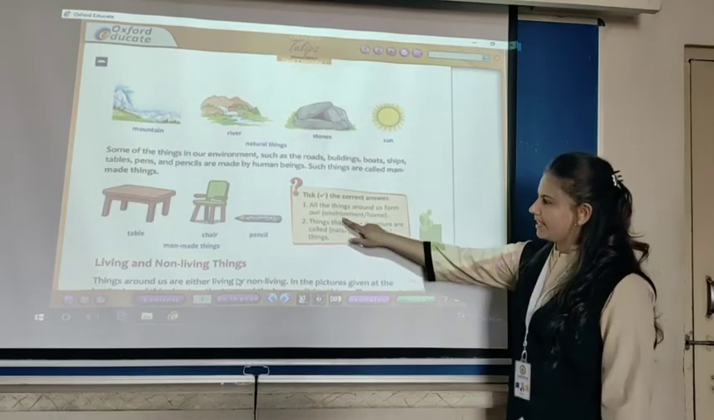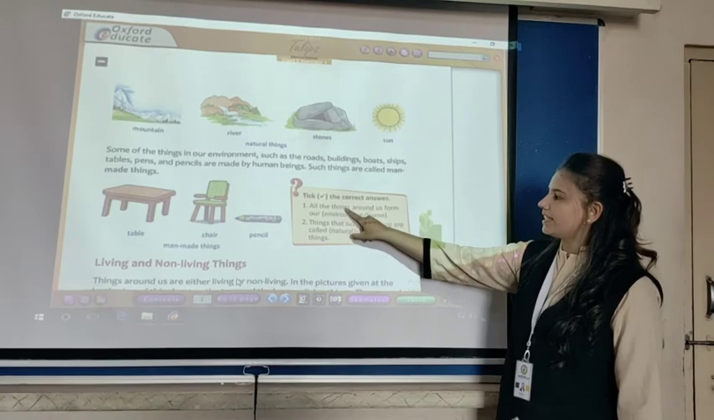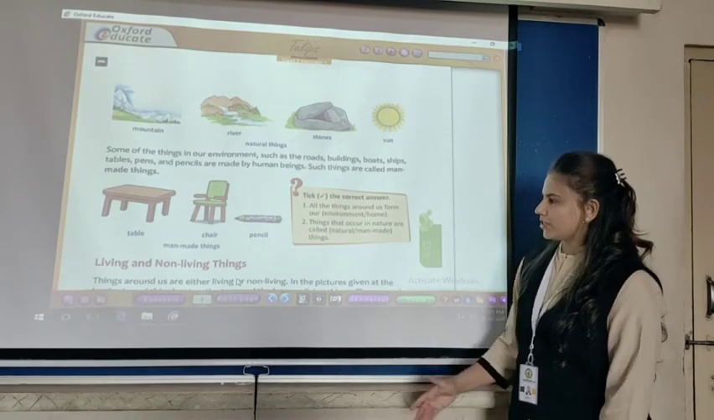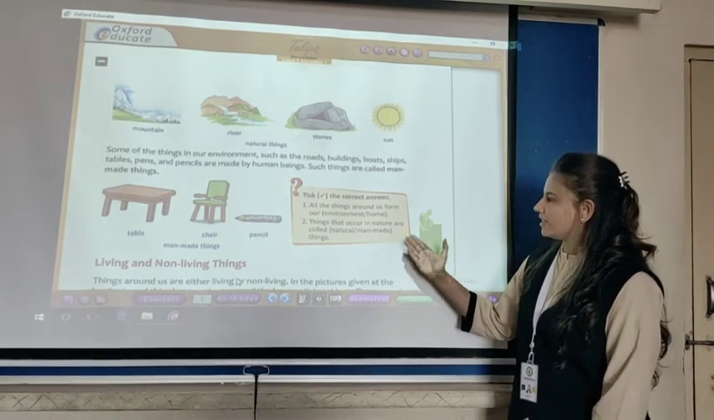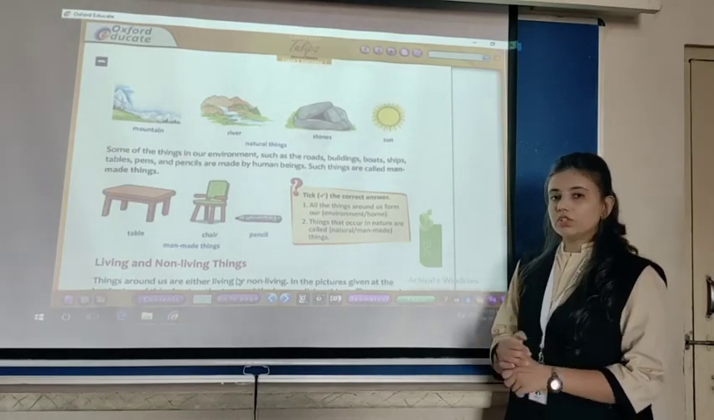So students, please, this first answer, we have to pick. This first answer, environment. Next question. Things that occur in nature are called dash things. जो नेचर के साथ जुड़े